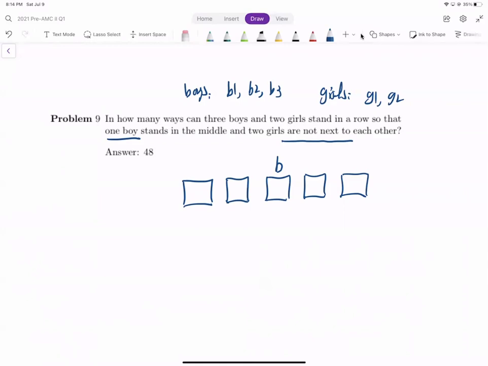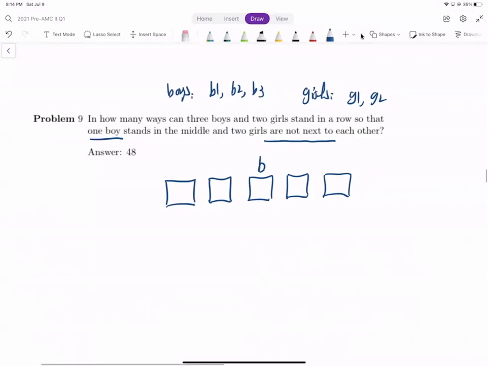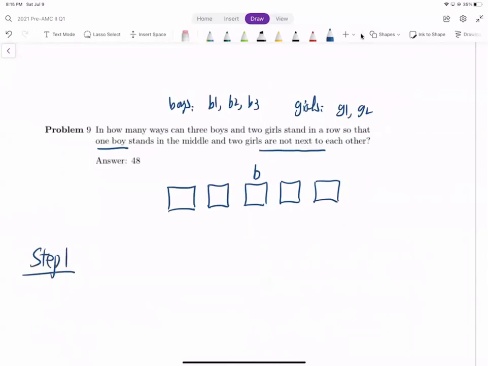For me, I would say, all right, let's try to accommodate 2 girls first, right? So this I put as step 1. Now you can choose to accommodate 3 boys first. It doesn't really matter, right? But anyway, I think it's more convenient to do 2 girls because there are requirements that they cannot be next to each other, right? Okay, step 1, place